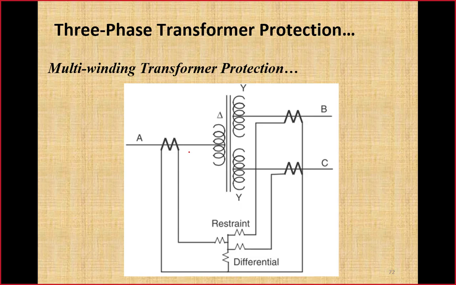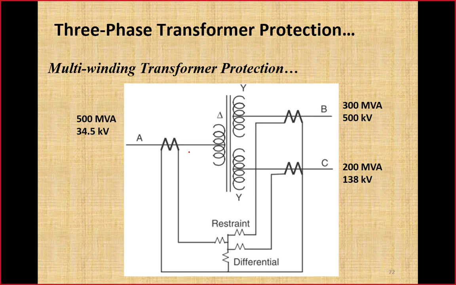Here we'll try to calculate the CT ratios for this example. For this particular transformer, it is given that on the winding A side, the main winding is delta connected. Winding A is rated at 500 MVA, 34.5 kilovolt, that is the voltage level. Winding B is rated at 300 MVA and 500 kilovolt is its voltage level, and winding C is rated at 200 MVA, 138 kilovolt is the voltage level. So this is the power rating and voltage rating of the windings.